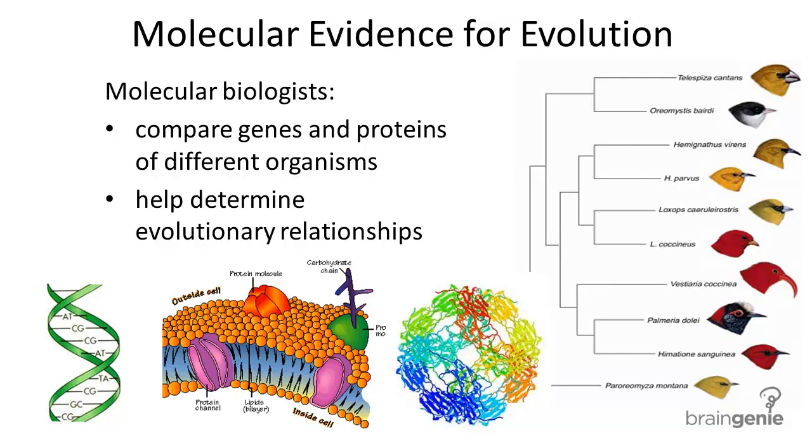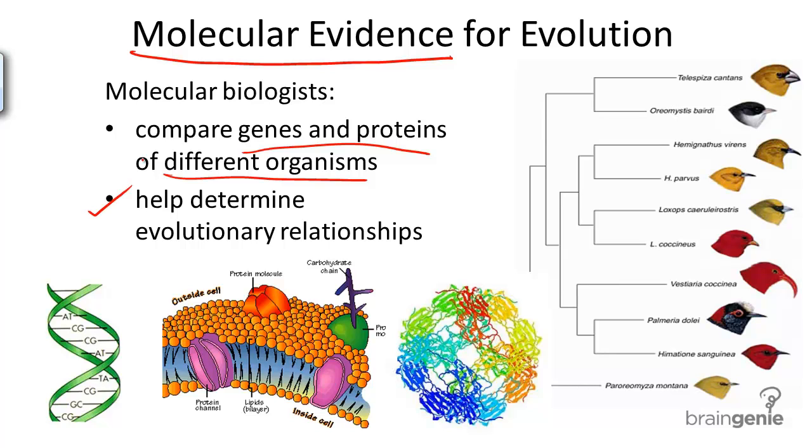So another extremely important bank of evidence for evolution involves molecular evidence for evolution. Molecular biologists compare genes and proteins of different organisms. They also use these comparisons to help determine evolutionary relationships. With the advent of an incredible technique called PCR,